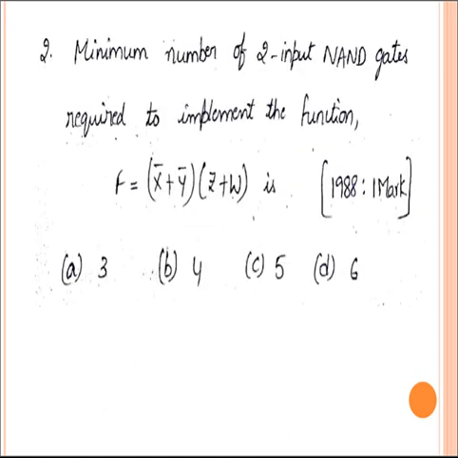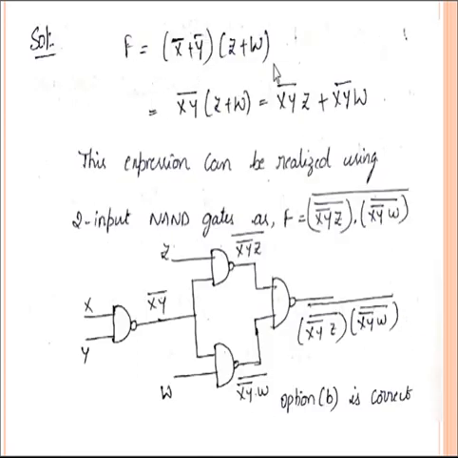Now see the second problem. The minimum number of two input NAND gates required to implement the function f, which is equal to (x bar plus y bar) into (z plus w), is. So this is the equation they have given. This equation can be realized using only two input NAND gates. By using De Morgan's theorem, we can write x bar plus y bar as (xy) bar. So it is (xy) bar into (z plus w), which is equal to (xy) bar into z plus (xy) bar